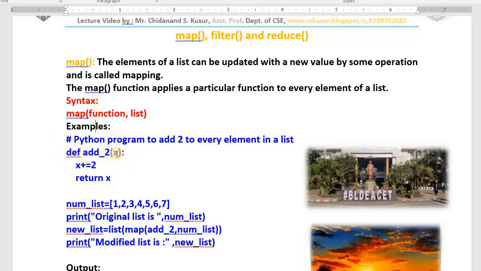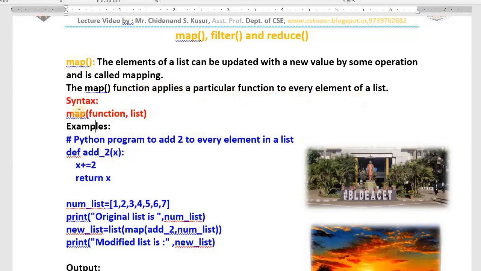To every value of that list I want to add 2. This is a function. It will add 2 to the existing list of items one by one. x equals x plus 2. What is the name of this function? Add underscore 2. The map function applies a particular function to every element of a list.